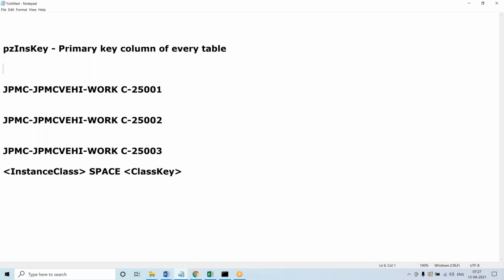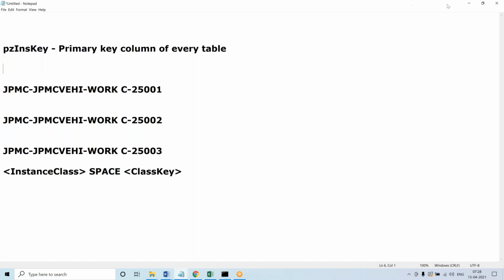Can someone please tell me what a primary key is in a database? Unique value. A primary key is going to have a unique value stored. If you want to fetch only one record uniquely, we fetch it by the primary key, because it has a unique value. That is the purpose.